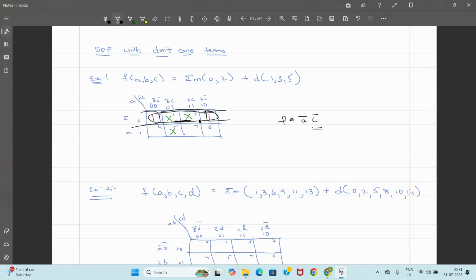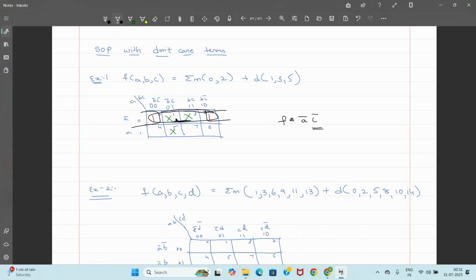Okay, I hope this is clear now. What is the use of don't care terms? If you're solving SOP equations, you can assume the X as 1 wherever it is needed and you can use those X values to make a bigger group. Out of these three X in this